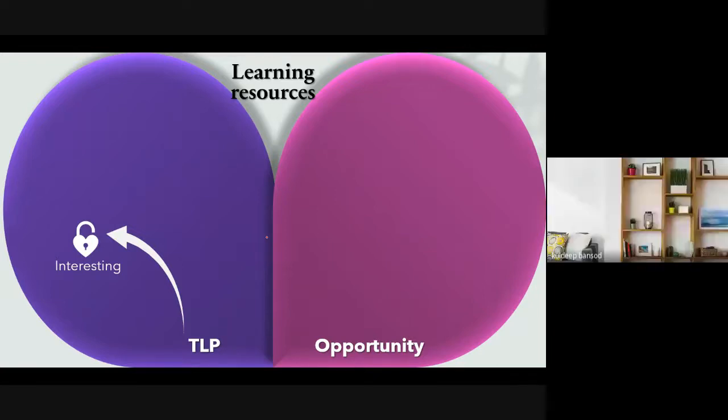So if the teacher utilizes a particular learning resource, it can create interest inside the student. So the boring subject will get converted into an interesting subject, right?